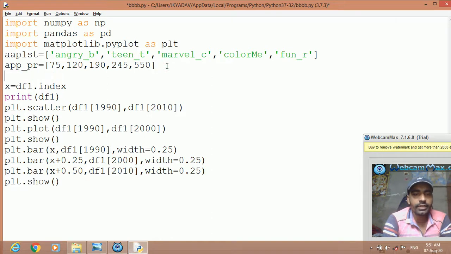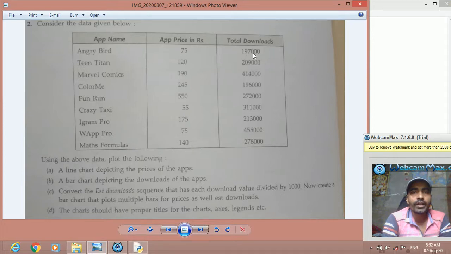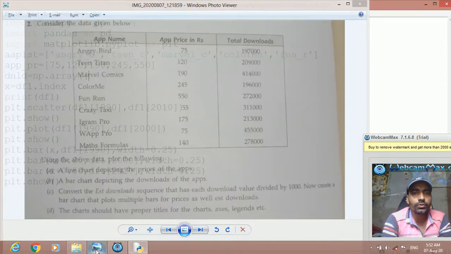Then we have the downloads. So let us write dnld. This one we create as an array, np.array, because this will be divided. Now what is the array? In that array we write the values 197,000, 209,000.